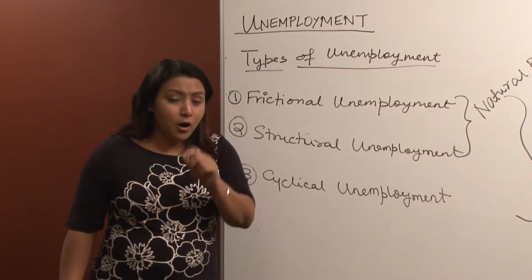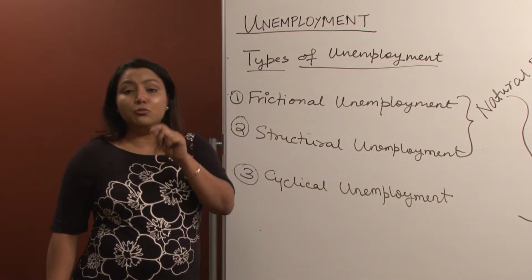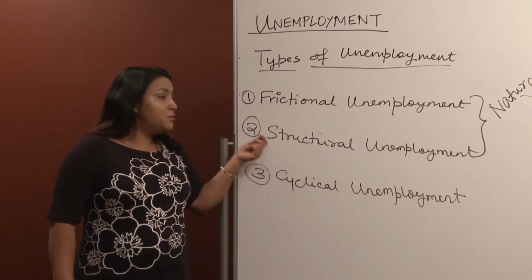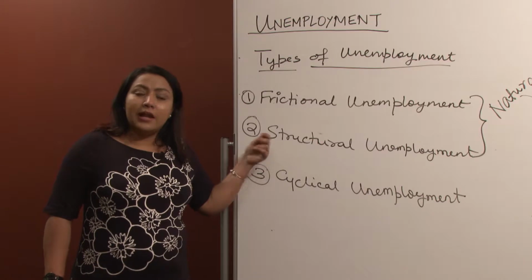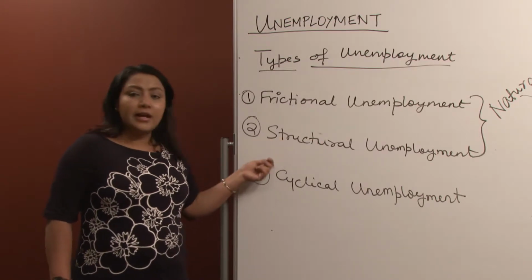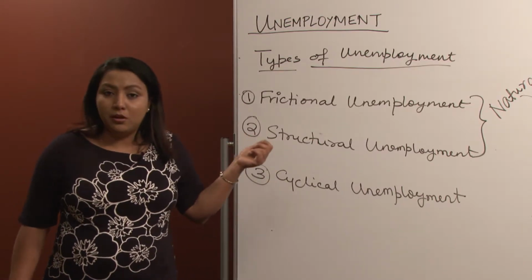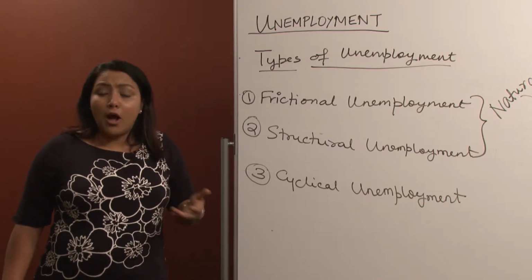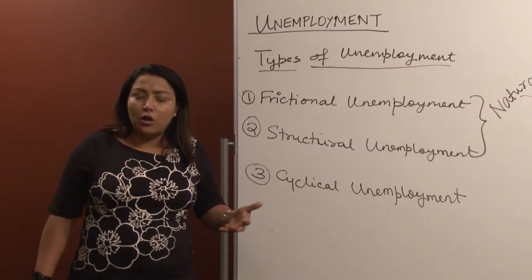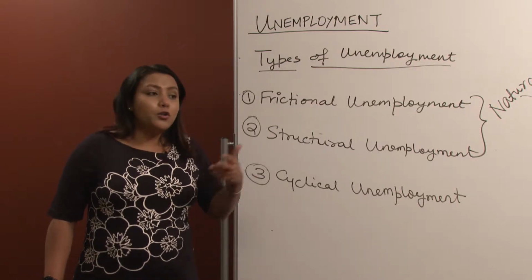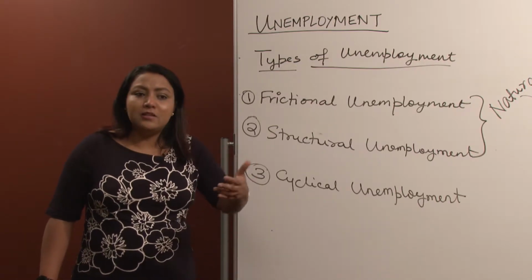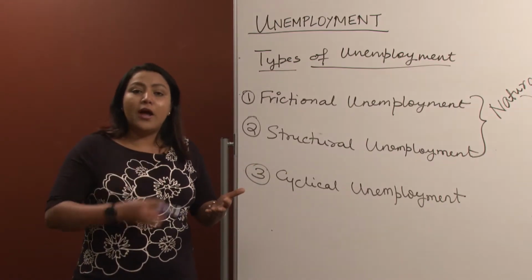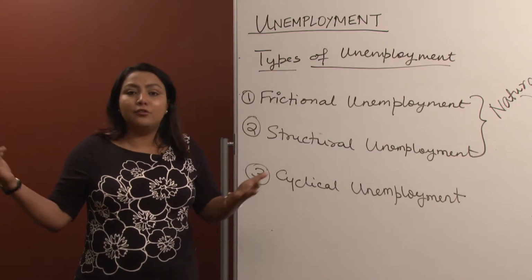But what is important is the country needs to be aware of this kind of structural unemployment existing, and there must be some policies, some measures dedicated towards structurally unemployed people, right? So you don't want your people to become redundant and not have a job, because then they become a burden on the economy over a long term. So what you really need is to understand that these people have become obsolete and give them required training for some other kind of job, right?